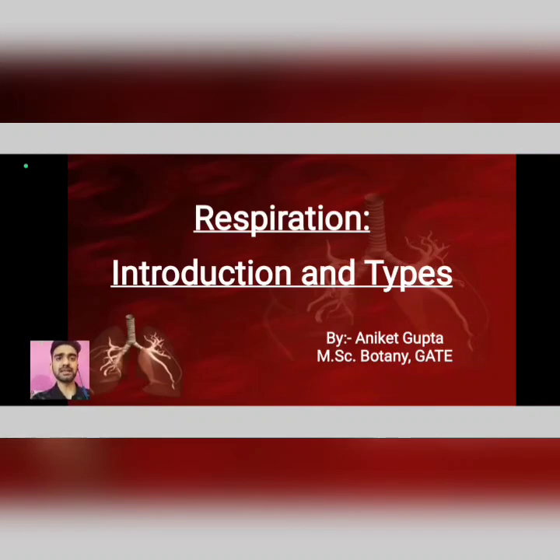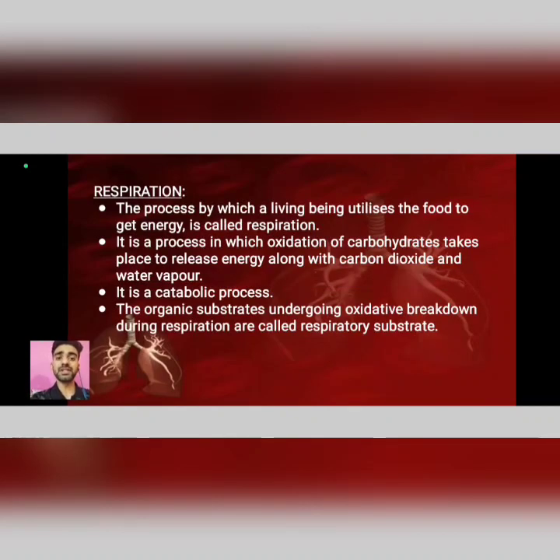So when food passes into the alimentary canal, it undergoes various kinds of catabolic reactions. In that reaction, the complex form of food is converted into a simpler form, and that simpler form is absorbed by your blood, right? And the blood in turn supplies these simpler forms to the different tissues and body cells, so that they can get energy from that food, right? So respiration is related to that energy production which takes place in the cell or tissue, right?